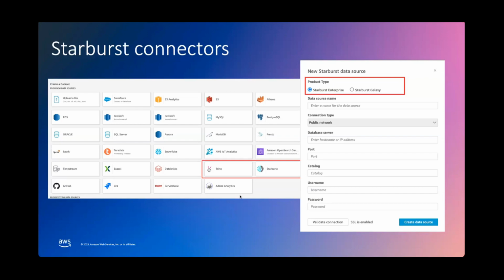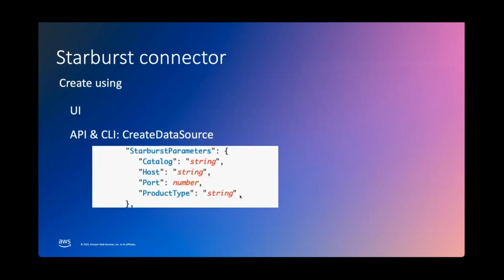And with Starburst, you can connect to either Starburst Enterprise, which runs either on-premise or within AWS. You could also connect to Starburst Galaxy instances. So for this demo, what I will be showing is how you can connect to one of the Starburst Galaxy instances. And you can connect to Starburst through the UI,